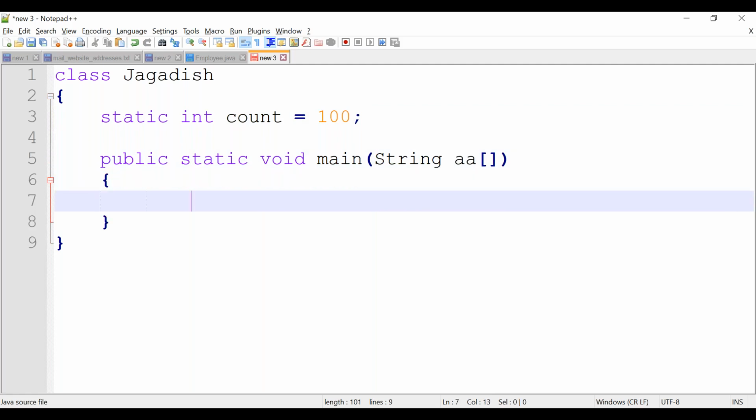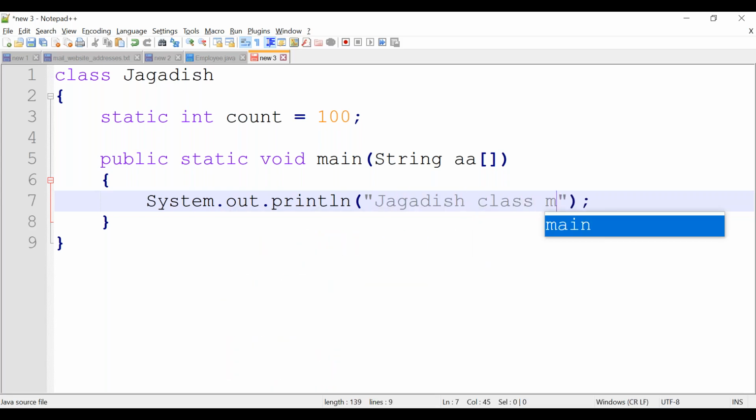Inside this, I am just having one println statement, telling this is Jagadish class main method.